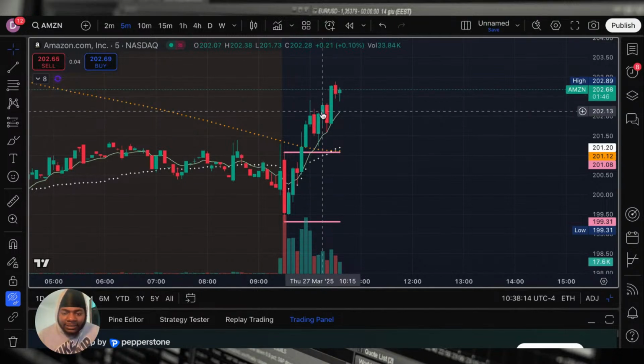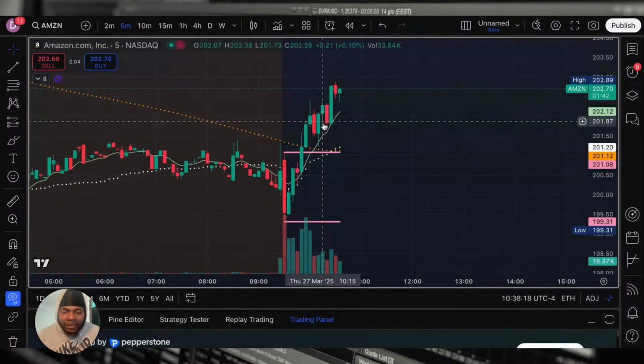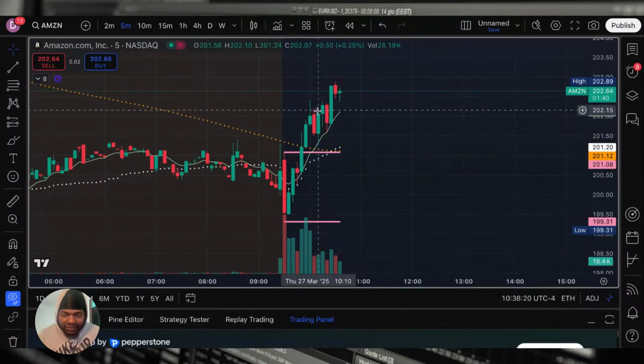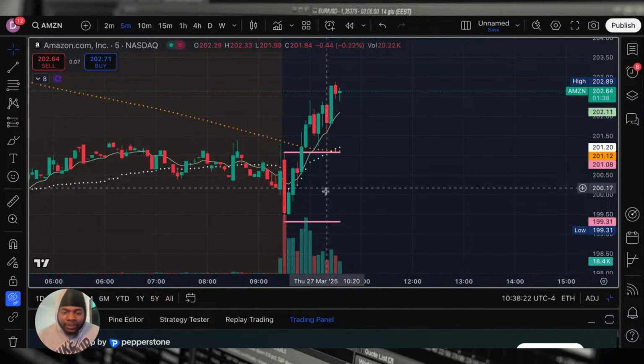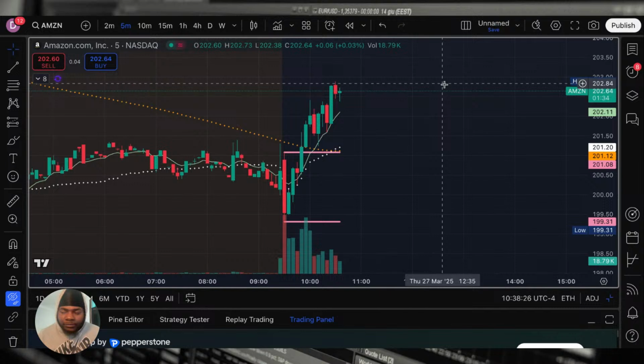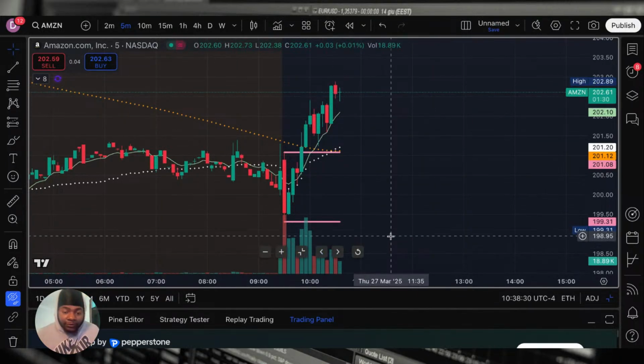So I said I want to see Amazon pass with a lot of volume. And it did. That's what it just did. Passed with a lot of volume. That's when I got in. It pulled back one more time, and then it took off, gave us, what was that, 15, 20%, something like that. That's what I use the volume for.